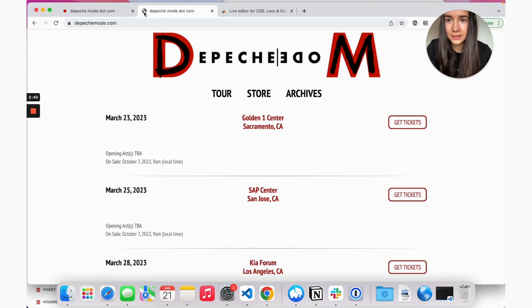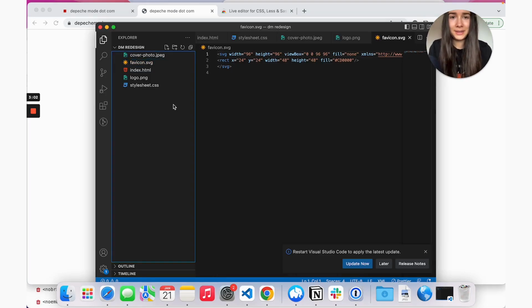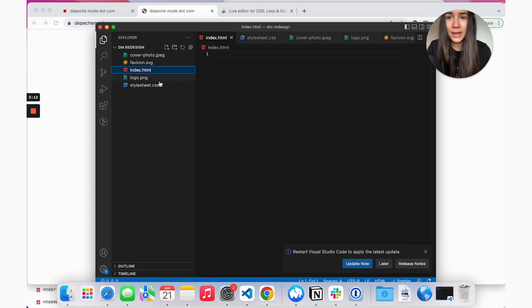So as you can see, there is nothing in here, but it's something that I want to make sure that every single one of my websites has, because it just makes it easier to find the website when you have like 12 tabs open. So yeah, you can either get these images or some other images, but make sure that you have something. Let's review. We have our images, we have our index HTML file, and we have our style sheet. And now we're going to set up both of these files.